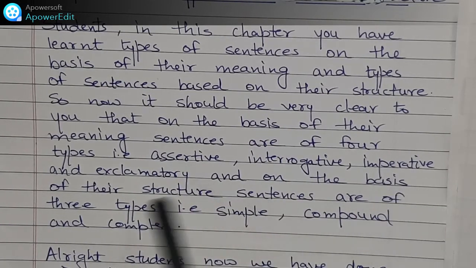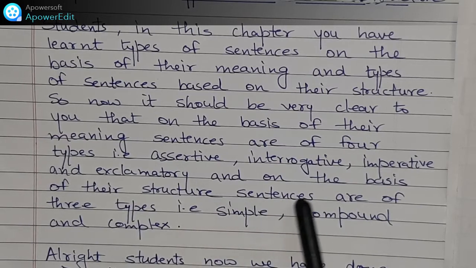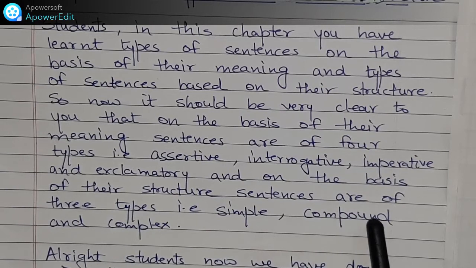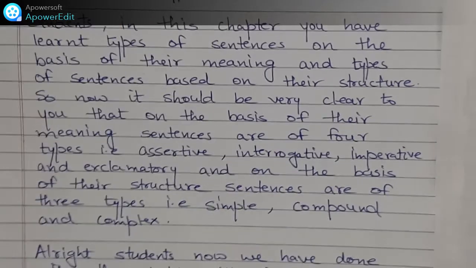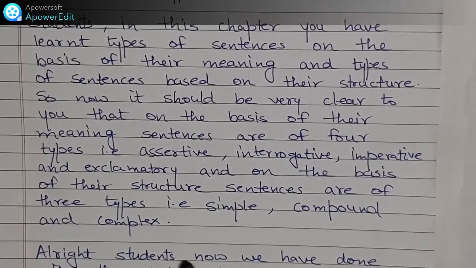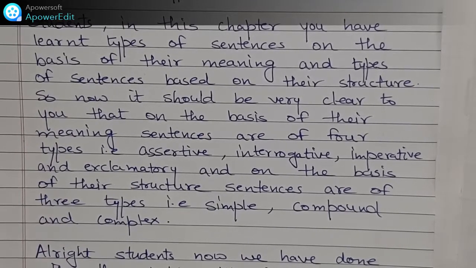And on the basis of their structure, sentences are of 3 types: simple, compound and complex sentences. Alright students, now we have done with the chapter and I hope that you will be